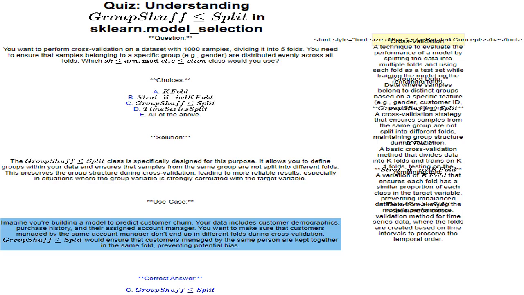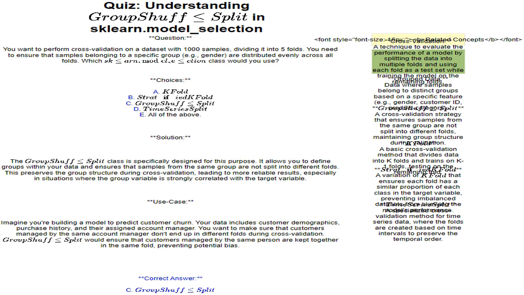Imagine you are building a model to predict customer churn. Your data includes customer demographics, purchase history, and their assigned account manager. You want to make sure that customers managed by the same account manager don't end up in different folds during cross-validation. Group shuffle split would ensure that customers managed by the same person are kept together in the same fold, preventing